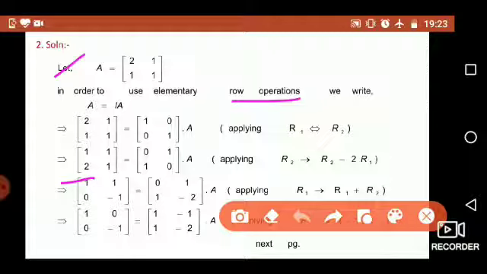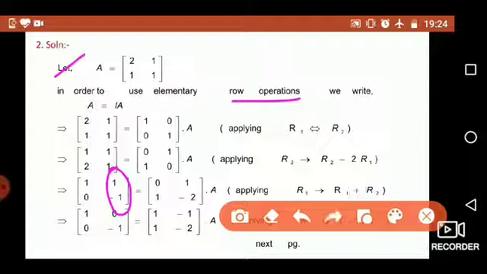Now let me try to get the 0 in the first row second element. Here you should get a 0. Now we want to rewrite the first row. Therefore R1 changes to R1 plus R2. Since both are same in number and they are different in sign, that's why we go for addition of these